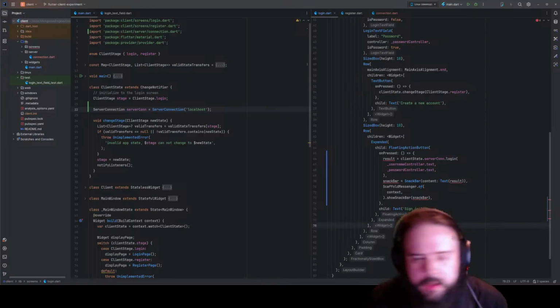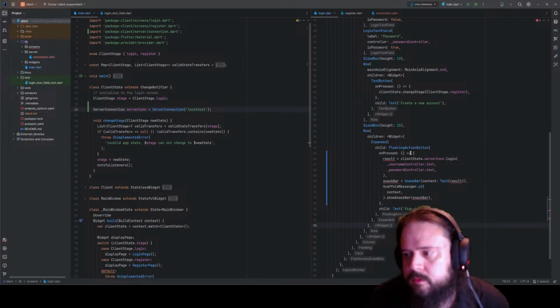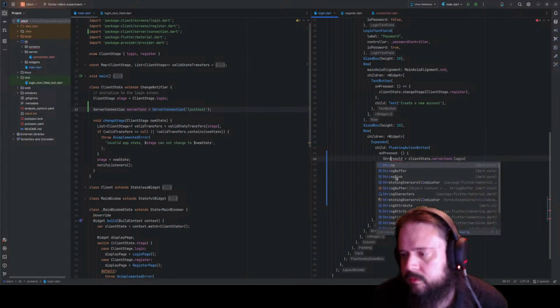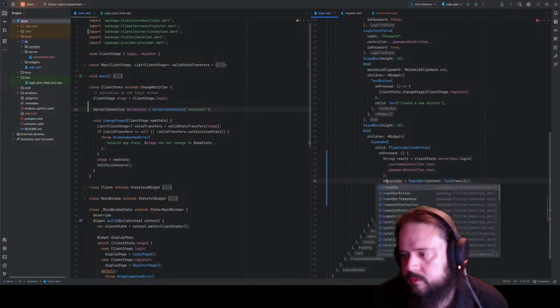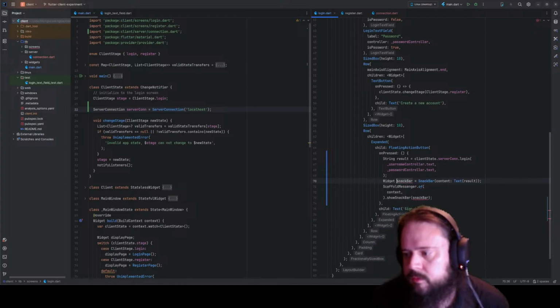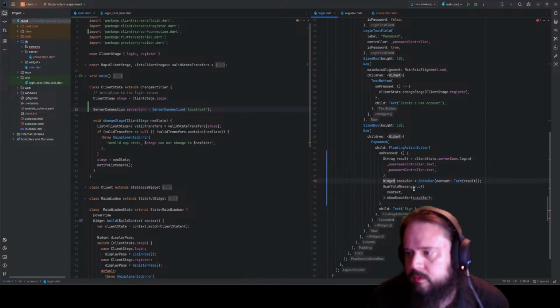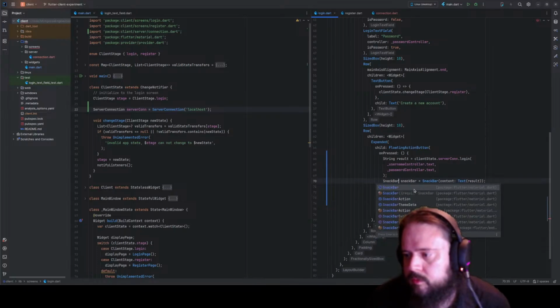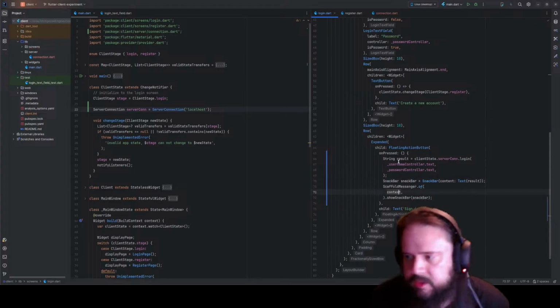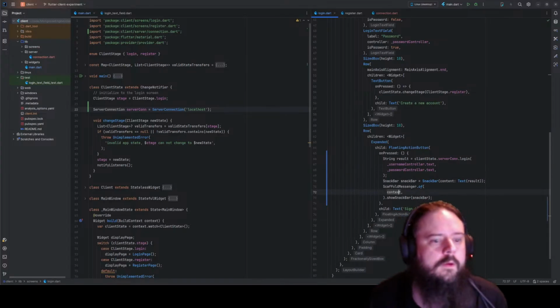On pressed. Maybe I just need that. Is that the correct syntax? There, I think I was doing that wrong. We're going to take widget can't be assigned a parameter type snack bar. I can do that though. Okay. So